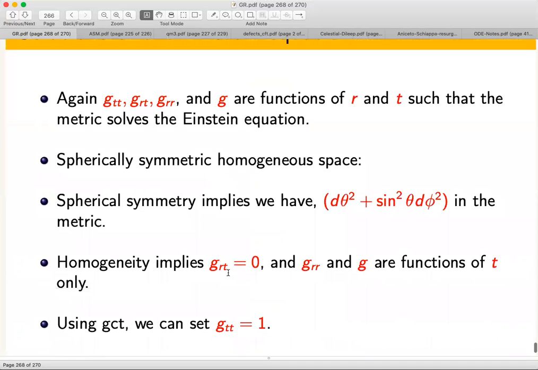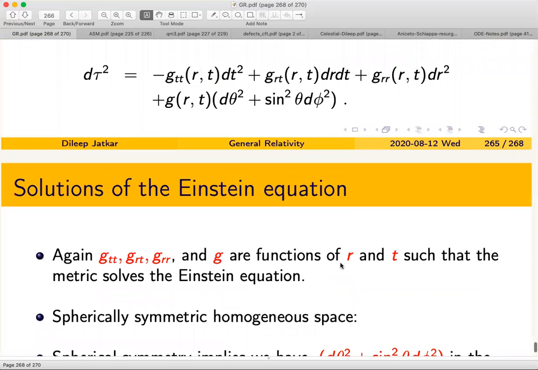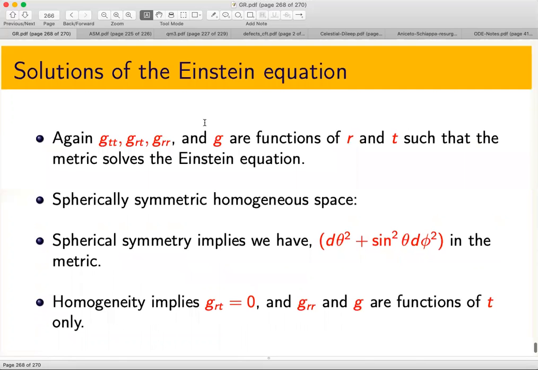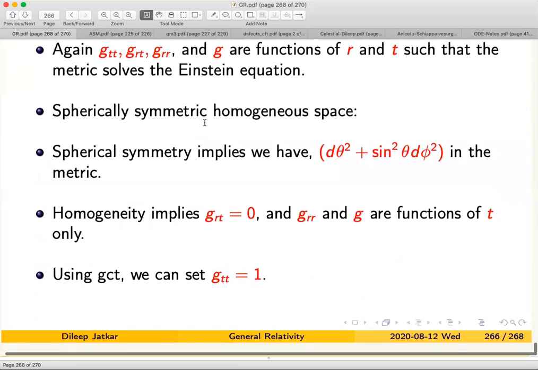So what we get is that the g_tt component is 1, the g_rt component is 0, and these are just functions of time. These functions of time tell you that there is a g_rr as a function of time, and the g spherical part is also a function of time. So just use that to write down the metric